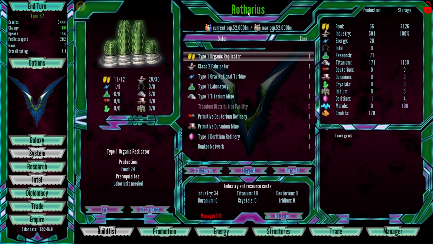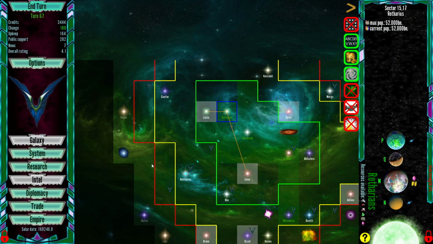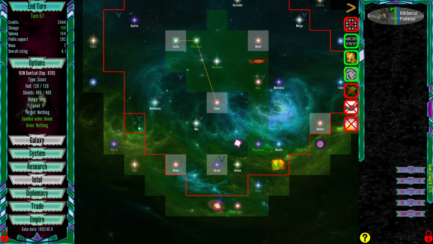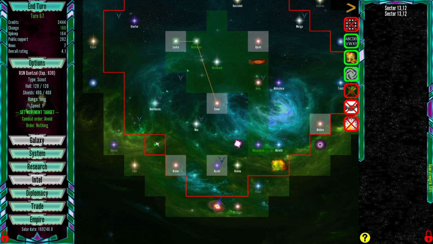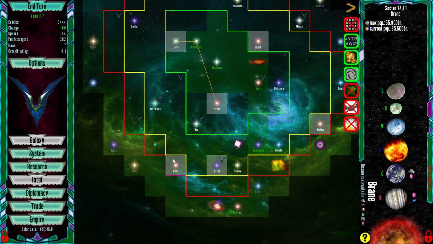Alright, so I built the laboratory up here in Rafaris. So at this point, let's just start building up some more colony ships. And let's just see here. Affirmative. No, I'm just gonna move my ship over here, keep an eye on Brane here a little bit,